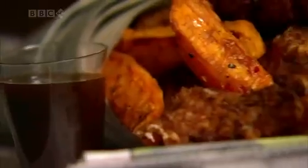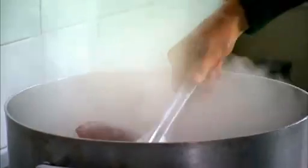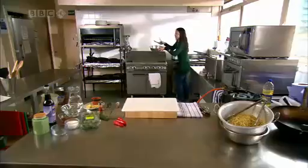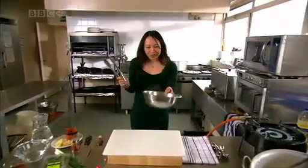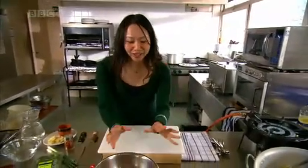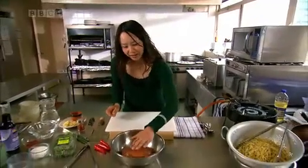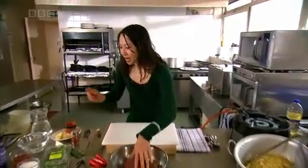Also on my menu tonight, a classic shellfish recipe, chili crab. And I'm going to use a great cheat's shortcut, using tomato ketchup for the sauce. I've cooked this crab for about 7 minutes, and I'm going to cook this with some gorgeous noodles for the Kaylee tonight. Now, this is still quite hot to handle, but I'm going to make the sauce actually